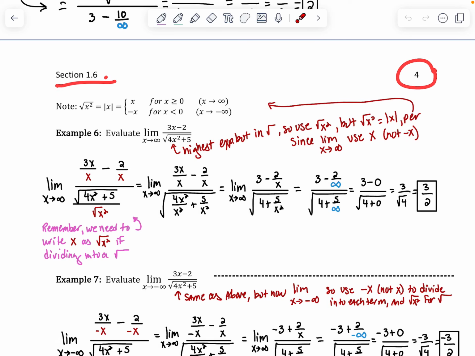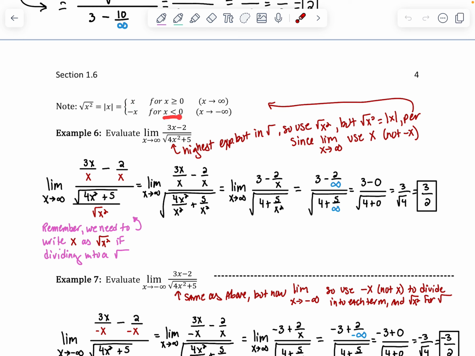Section 1.6, page 4. One thing we hadn't really discussed yet is dividing by square roots of some variable that is to a power. Keep in mind, although the answer of an even root is always positive, it's positive because you can think of it as the absolute value of the squared variable. And any variable squared will be positive,